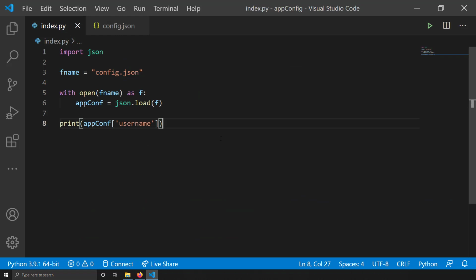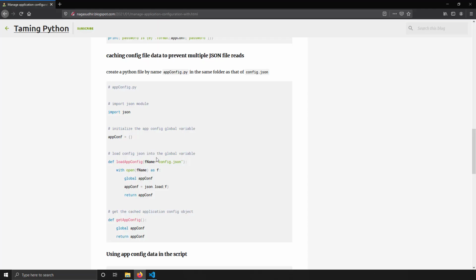So this was a basic simple demo of how to use the application configuration from a JSON file. But your project can have multiple files, right? You can cache your JSON file data into a variable and use that globally in your Python project, because every time you want to get the configuration, you would otherwise have to read the file. That means you are reading the file config.json every time you read the configuration.